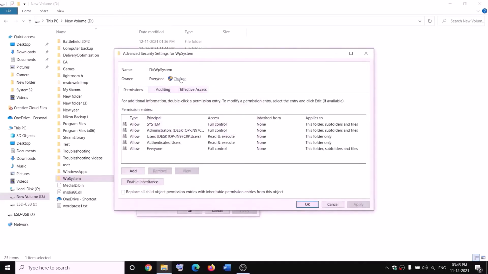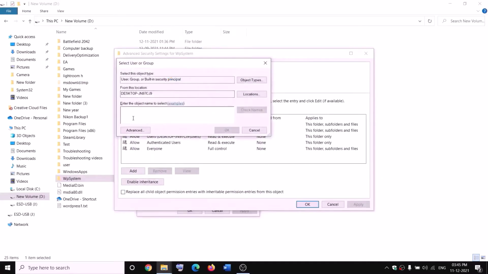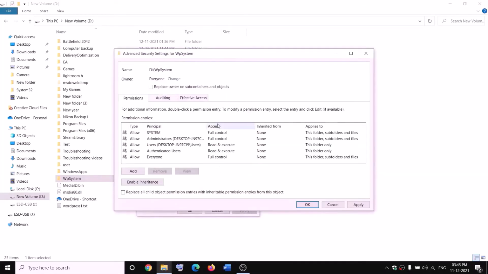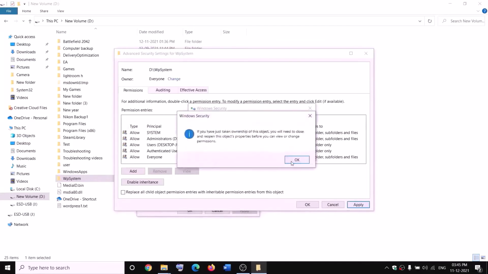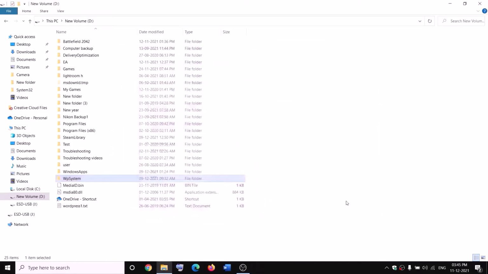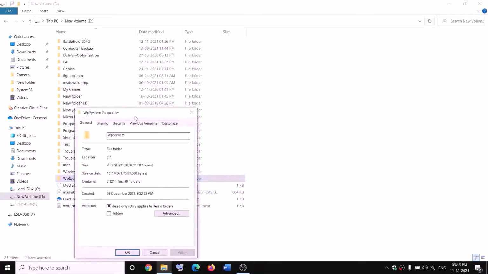Now click on change over here and then type in everyone over here, everyone, and then click on check names, then click on OK. Now put a check on the box which says replace owner on subcontainers and objects, and then click on apply. OK, OK, OK, and then again make a right click on WP system folder, select properties once again, go to